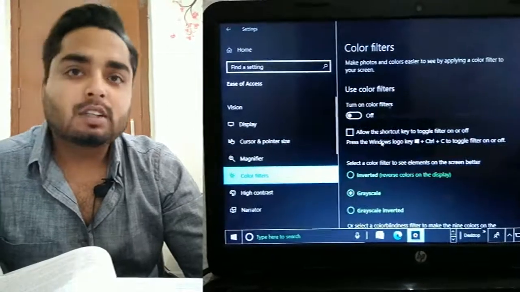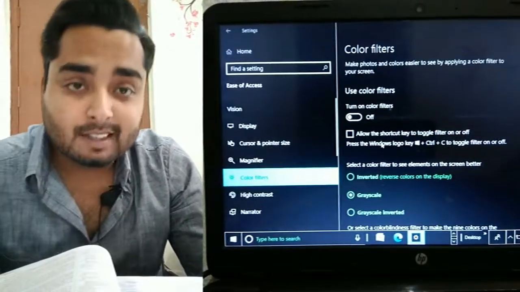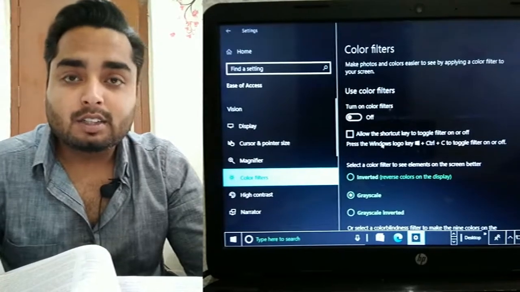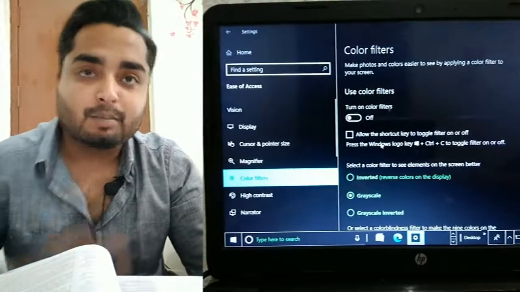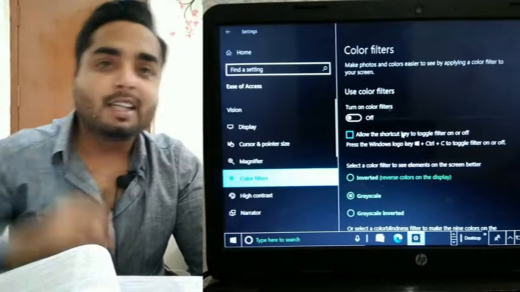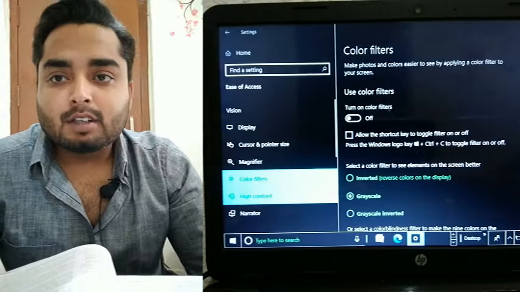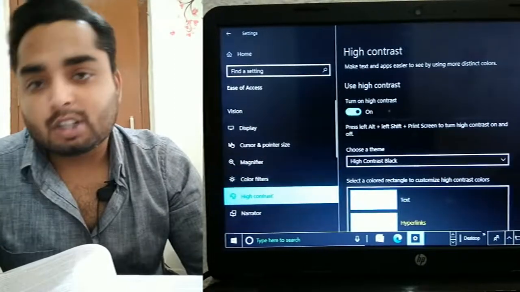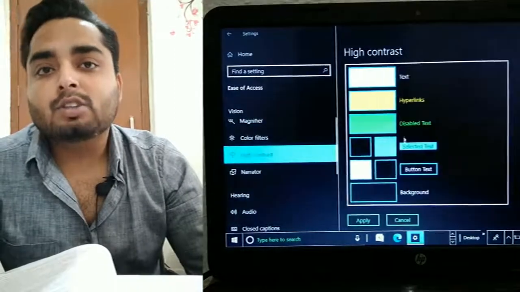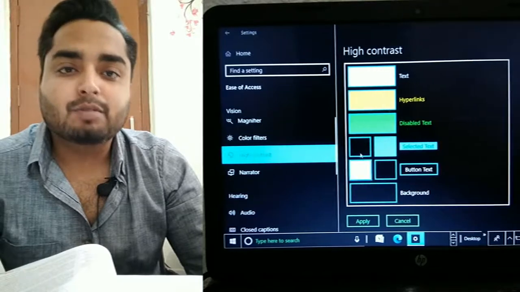The color filters are used to change different types of colors or different things present on a particular screen. The colors can be used in different ways and also as high contrast options. In the high contrast option, you can see different types of themes also.